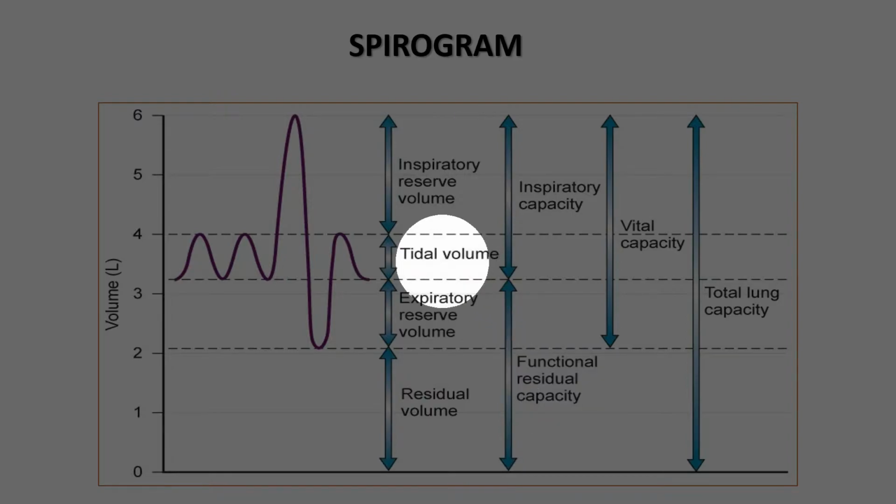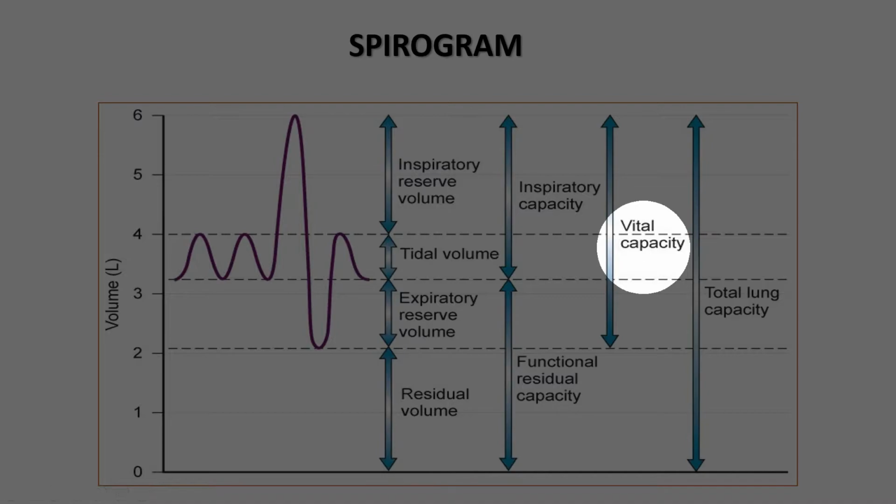And if we combine tidal volume plus expiratory reserve volume, sorry, there is no value like that. Okay, and then if we combine the inspiratory capacity with the expiratory reserve volume, all will give you the vital capacity. And if we combine inspiratory reserve volume, tidal volume and expiratory reserve volume, from here to here, we will get vital capacity.